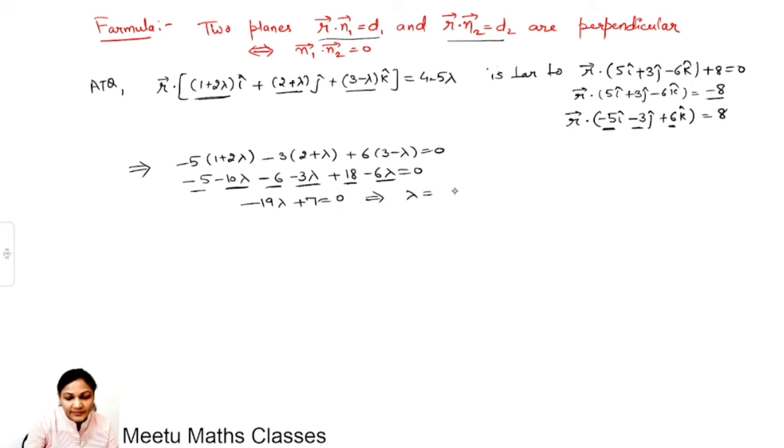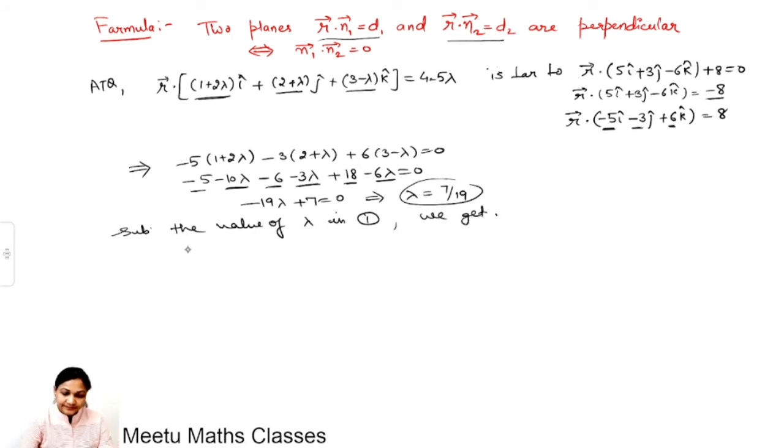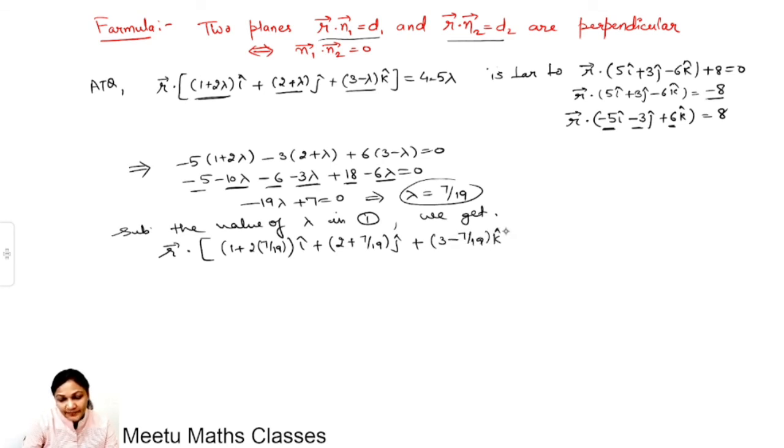So lambda will be 7 by 19. Now substituting the value of lambda in 1, we get the equation of the required plane. So r dot (1 plus 2 lambda is 7 by 19)i plus (2 plus lambda is 7 by 19)j plus (3 minus lambda is 7 by 19)k is equal to 4 minus 5 lambda is 7 by 19,